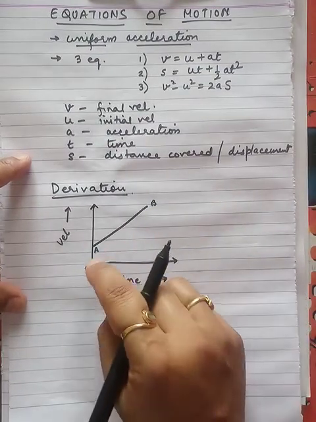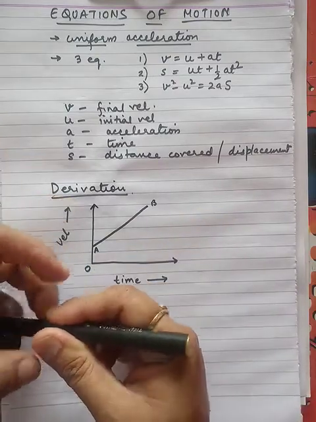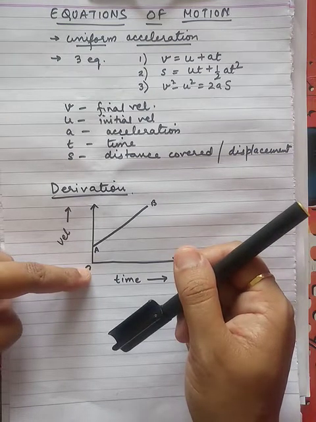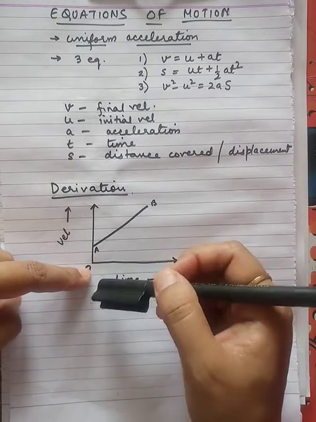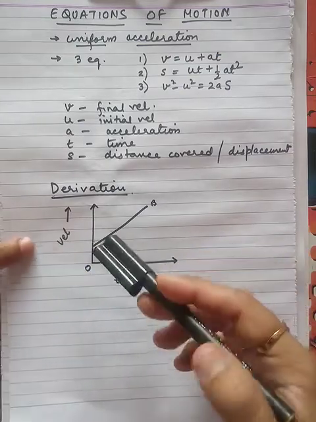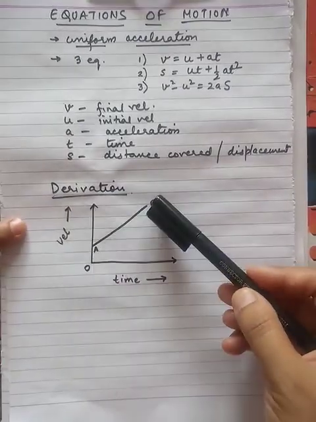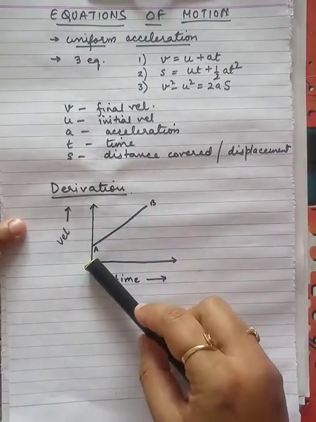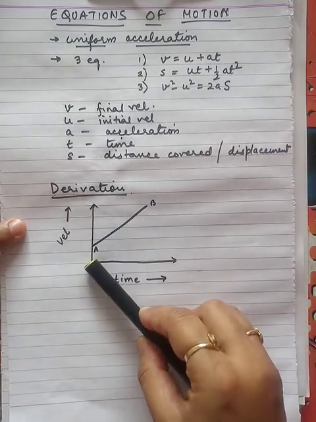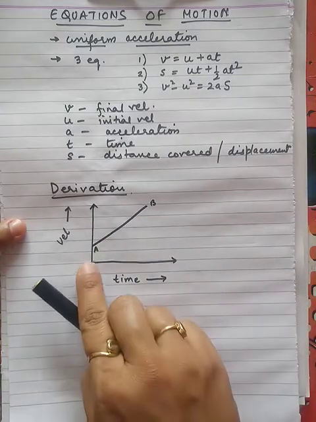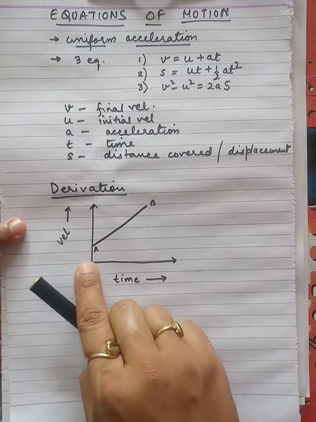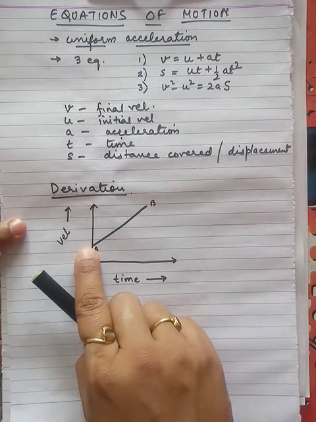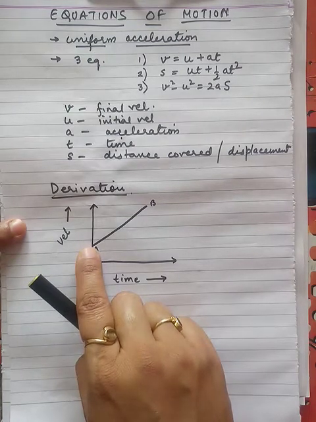So why this is taken as from point A and not from point O, as we have done the uniform acceleration graph earlier in the cases of velocity time graph from O, but not here like this. Okay, in the case of the graph starting from O, that means the initial velocity is 0. At origin all the values are 0. But in this case, what is the initial velocity of the object we are considering? It is having some value. Okay, let's say this value is u.